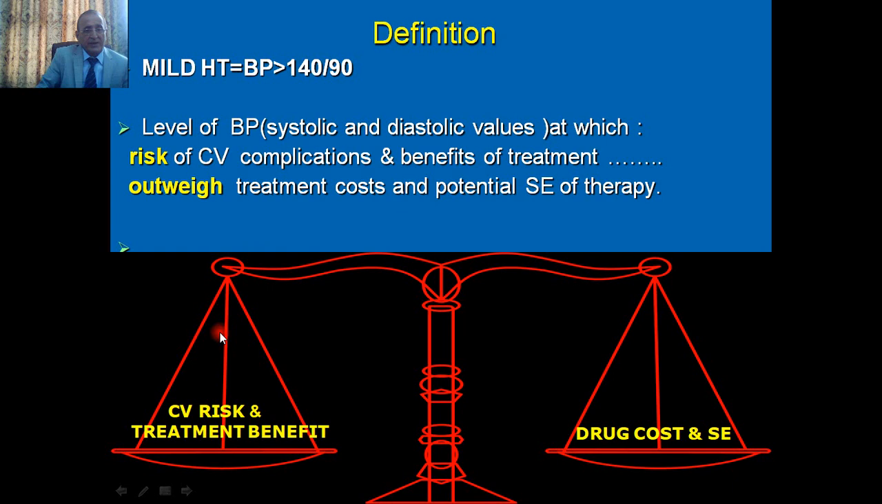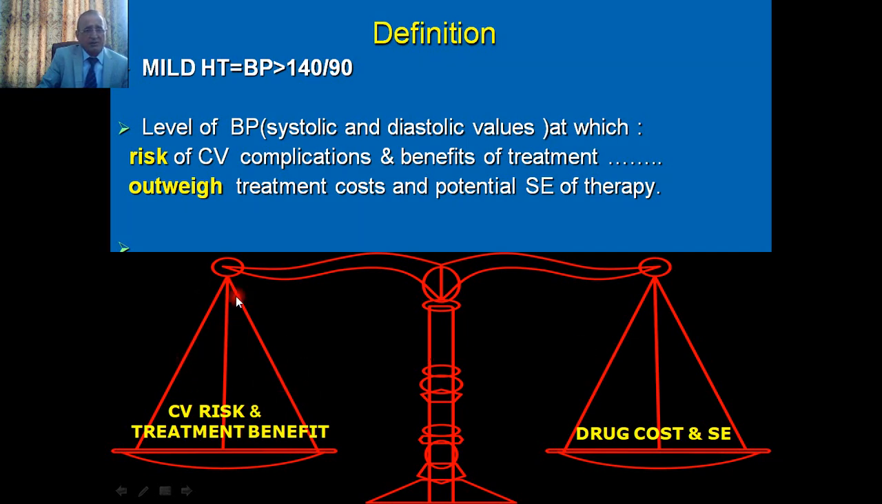That's to say, if you have a patient with hypertension and smoking, then he will benefit from treatment, okay? And he has a risk of cardiovascular disease. So here I should give treatment regardless of the cost or side effects. I will consider that, but